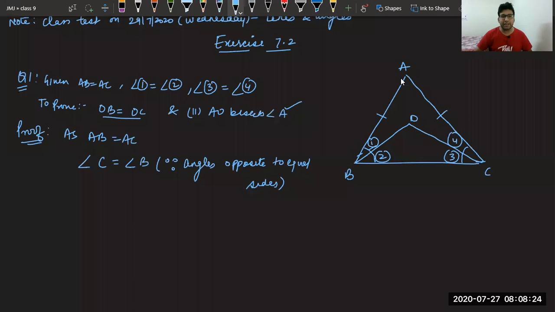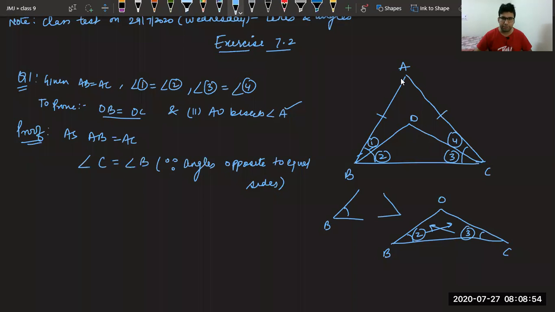Okay. So complete angle C equal to complete angle B, we want to prove 2 equal to 3. You can see in the triangle OBC, all of you please see, in the triangle OBC, if somehow we can prove that angle 2 and angle 3 are equal, we can say the sides opposite to equal angles are also equal. Given to us two sides are equal, AB equal to AC, we can say complete angle B equal to complete angle C.